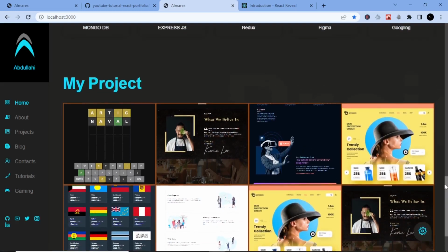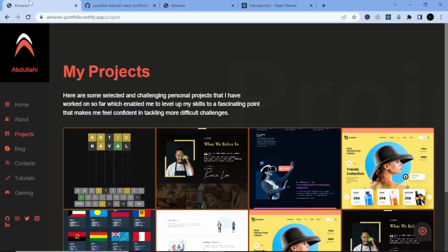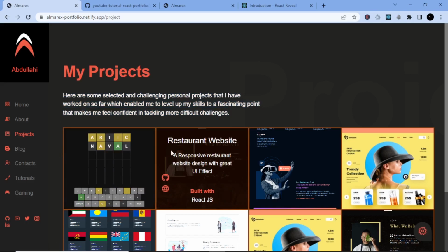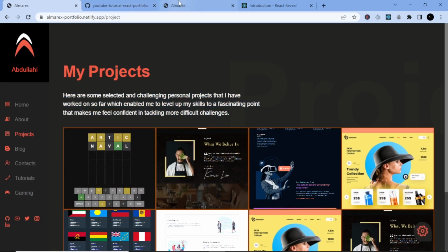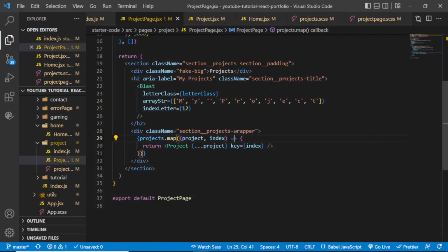Okay, so one thing that I noticed is that we are missing the description that we have right there. If I go to the completed project, you will see we have some kind of description, and then we have all the projects that has been listed right there. So for us to solve the problem, let's navigate back to our text editor, and right after the header, we need to